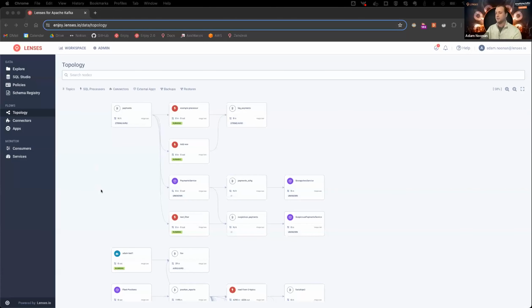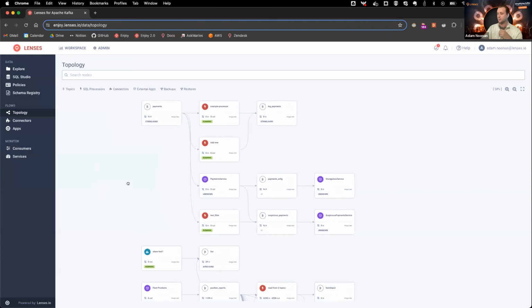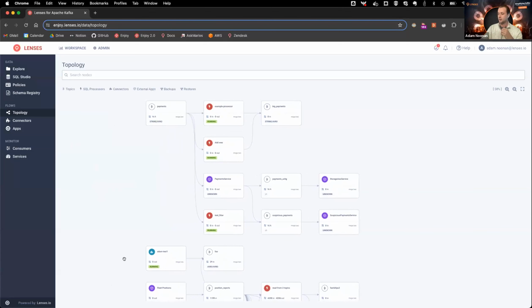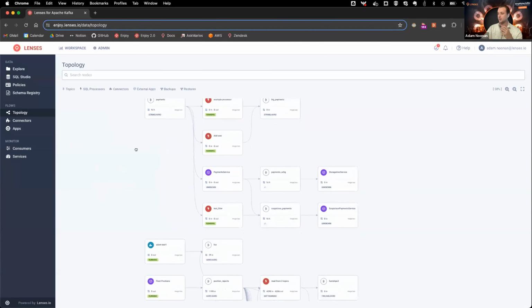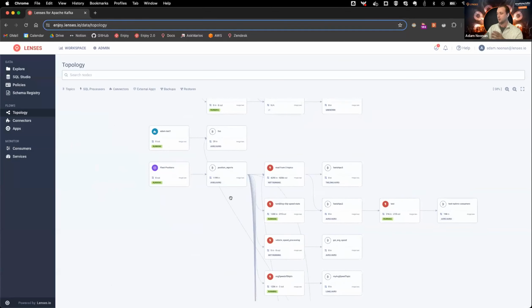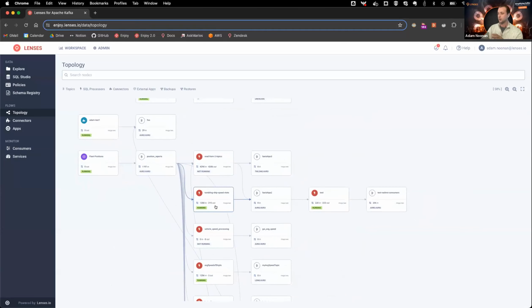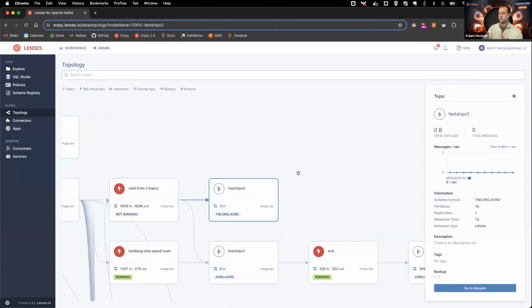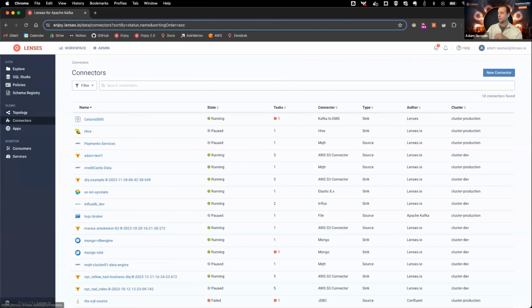Awesome. If you can see my screen, I'm here at our Lenses user interface, looking at the lineage of my data as it's coming in, getting an understanding of, okay, I have an application here writing to my topic. I have some SQL processors working with the data, but then I have these output topics that aren't being consumed. So maybe I want to share this information, this data product, with my wider team. With Lenses, we enable even non-technical users to do this. So you don't need to be an advanced Java developer or a Kafka developer per se.